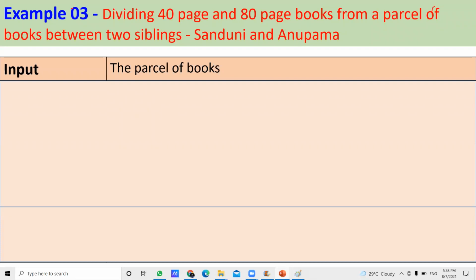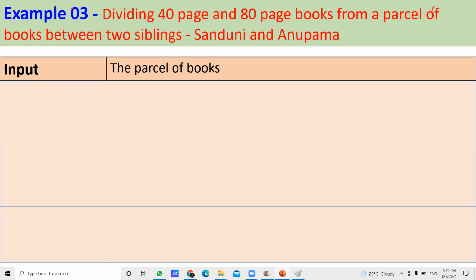Please write down this example: dividing 40-page and 80-page books from parcels of books between two siblings, Sanduni and Anupama. As homework, write down the input, process and output in your books. Tomorrow I will check your steps, whether you are doing it or not.